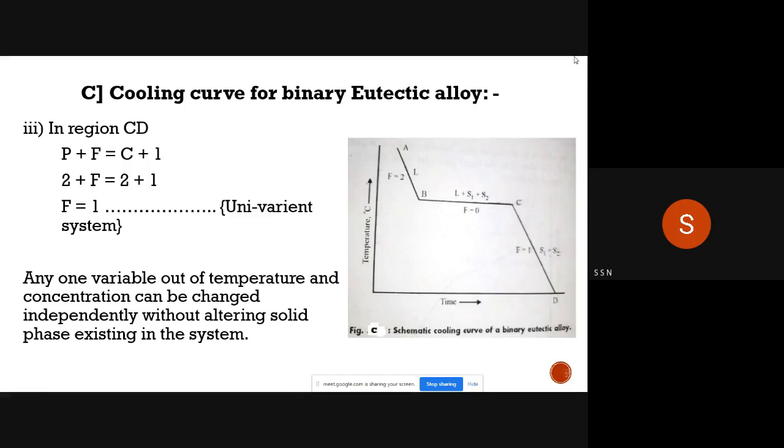Although the phase is the same for two metals, S1 and S2 both being solid, we are taking P equal to 2 because there are two different metals with two different phases, but the mixture is homogeneous. Remember, the mixture is homogeneous. Still, different phases occur if you look at the microstructure. If you look at the microstructure of that alloy, you will get two different phases in that microstructure. That's why S1 and S2 are considered as two different phases, although both are solid. Remember this.